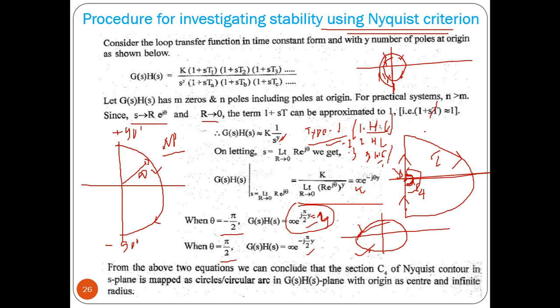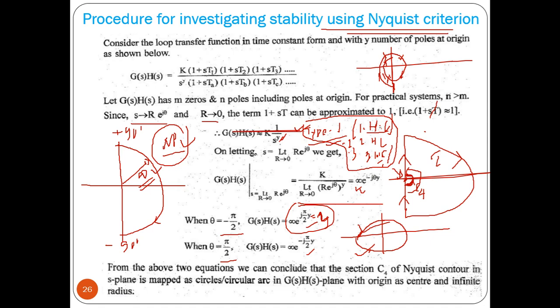That means, how many poles are there at the origin? That many half circles should be there in your Nyquist plot. But these half cycles are infinite radius half circles, which we are getting because of the Nyquist contour having a zero radius indentation. Okay, so this is the concept. Now we have to apply this concept, and I will show you with some example whether we get this particular result according to this concept or not.